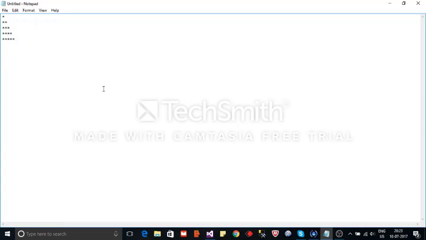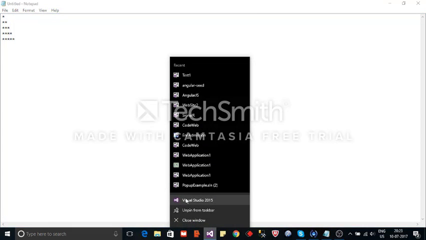Hello guys, today we are going to see how we are going to print this star format using C# console application. Okay, let's have a look. First, click on Visual Studio 2015